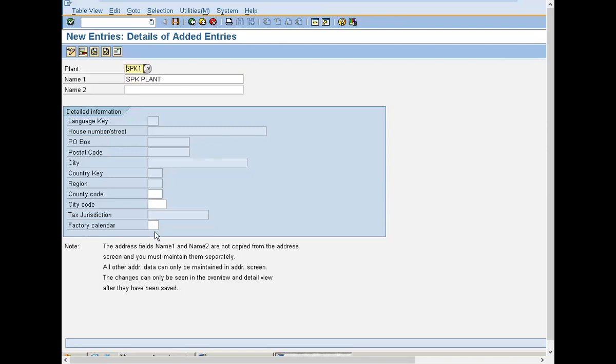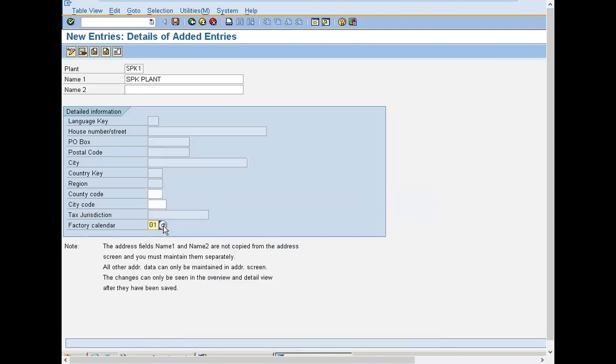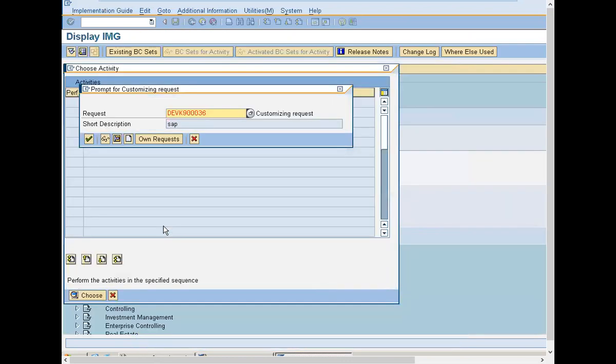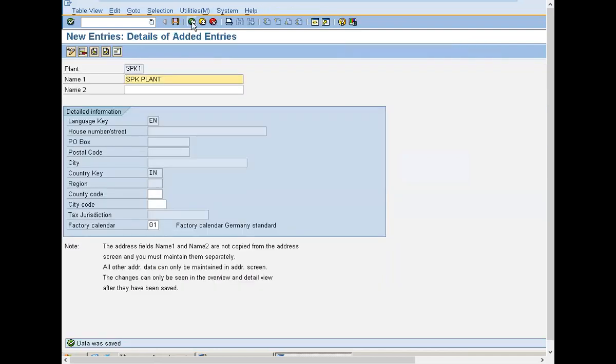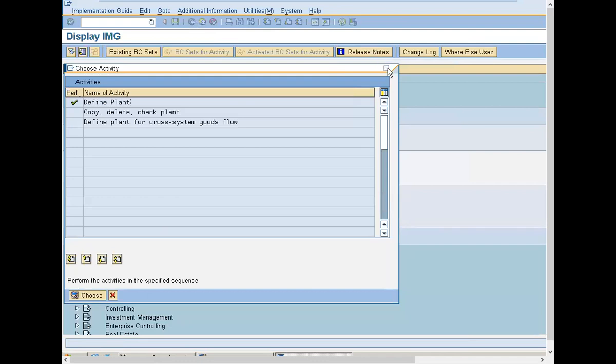Click onto this, select factory calendar. I am selecting factory calendar 01 standard. Save it. Country IN. Press enter to continue. Come back. So I have created the plant also.